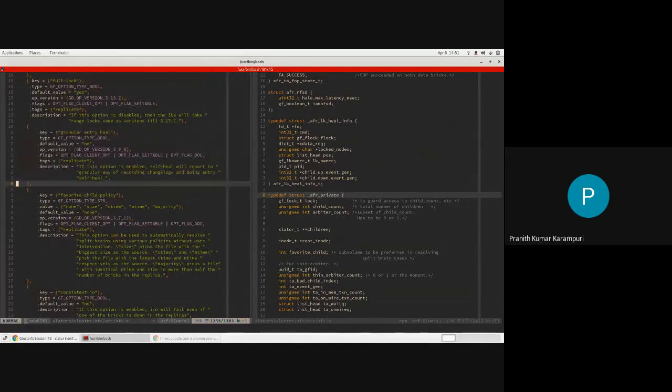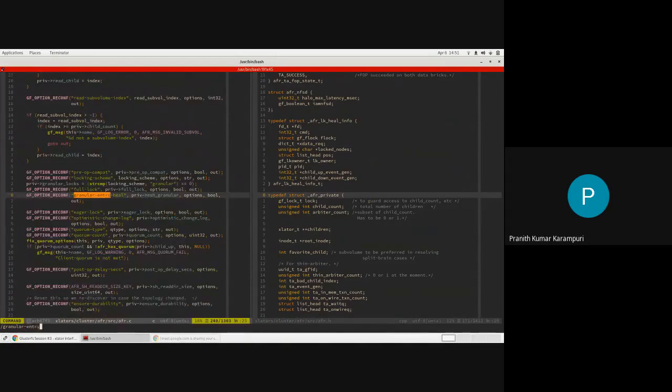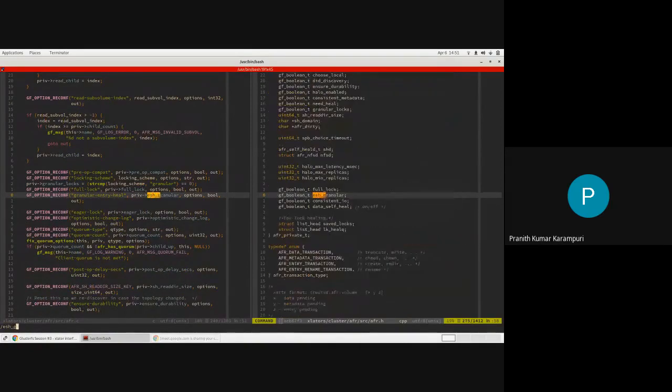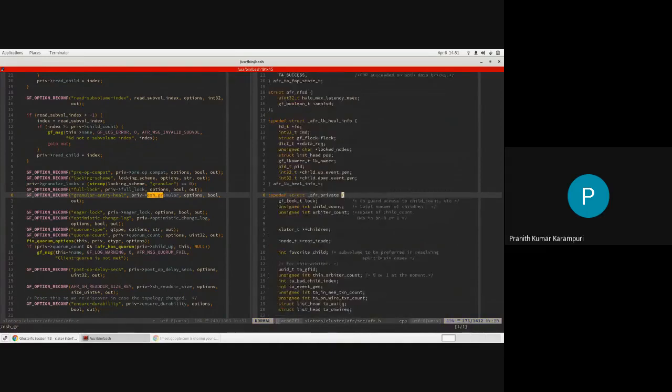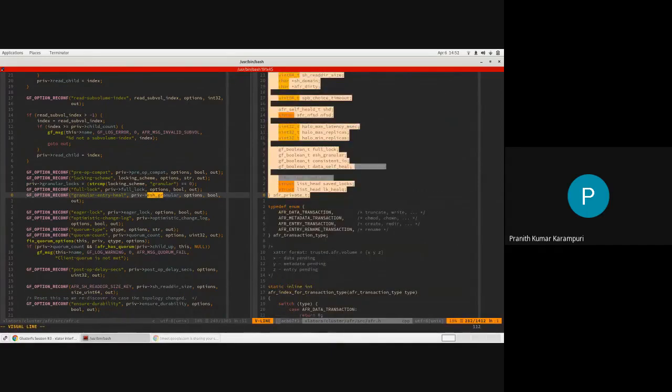It says that if this option is enabled, self-heal will resort to a granular way of recording changelogs and doing entry self-heal. If we look at this granular entry heal, it is stored in the entry_self_heal_granular variable, which is in the private structure of AFR. So this is how AFR is storing the options.